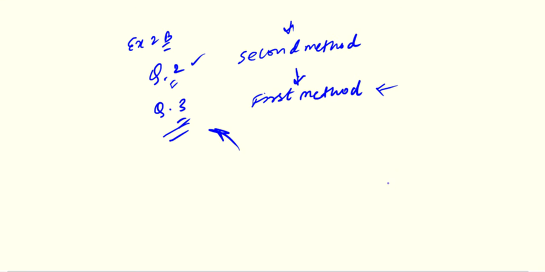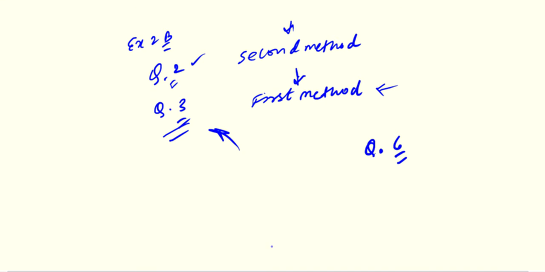So question number 2 and question number 3 you can solve. Then question number 4 is ascending and question number 5 is descending. You know very well ascending means smaller to greater and descending means greater to smaller. So in question number 4 and 5 I am going to explain only one question, and I will show you ascending order as well as descending order, and in a similar way you can solve question number 4 and question number 5. Clear?